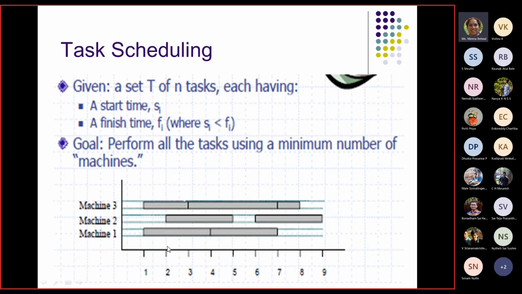Similarly, at time number 2, the second task needs to start, so I am allocating one more machine because machine 1 is not free. And there is another task that also needs to start at timestamp 1, so I am also using one more machine. Likewise it happens, but with only 3 machines we are able to schedule all the tasks. That is the idea.